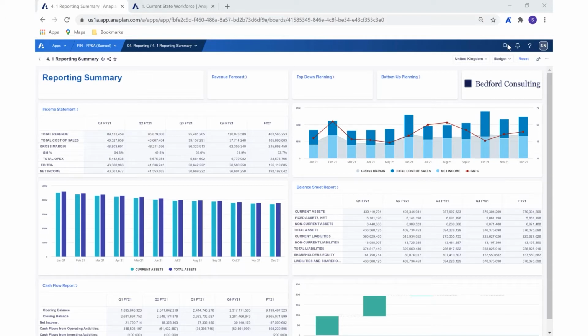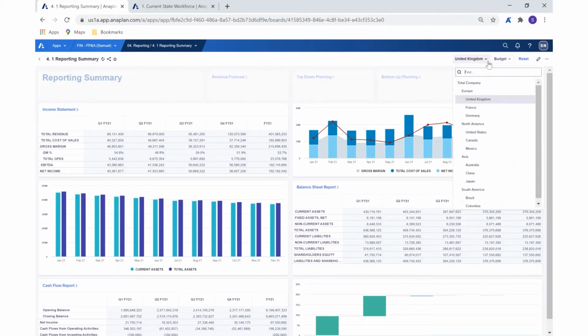Here we're looking at a reporting summary in the FP&A application. And in this FP&A application, we can see that we have summaries of the income statement, the balance sheet, and the cash flow reports. Now, from this view, we can see that the focus here is budget. And in that, we're able to look through the various dimensions that we have, the lists that we're using,